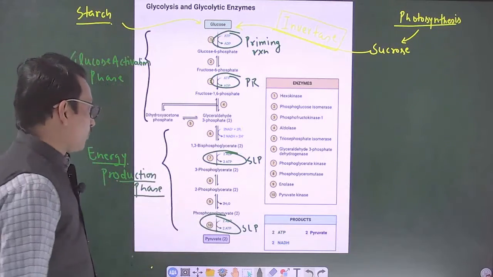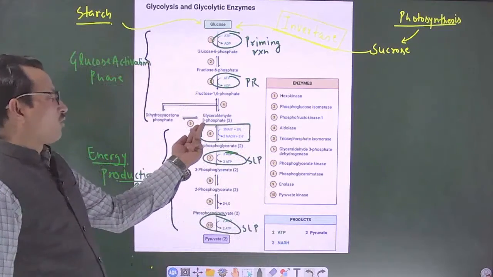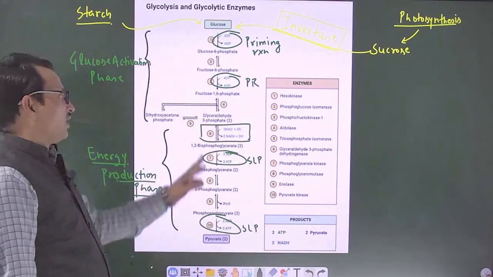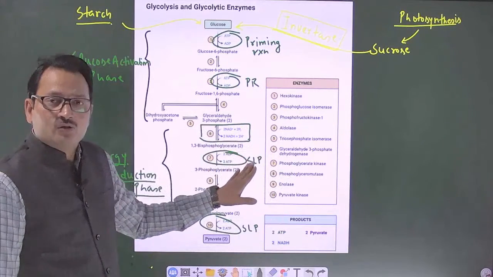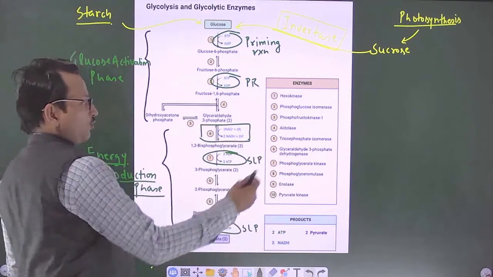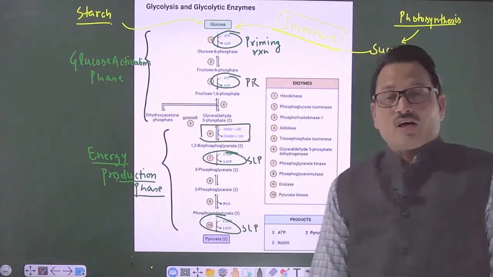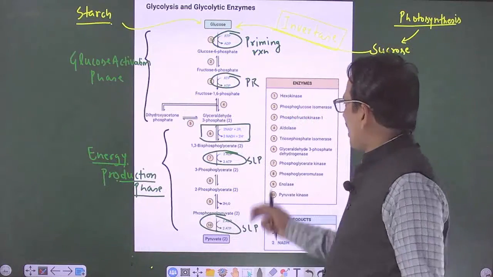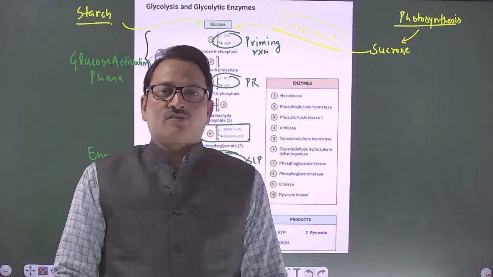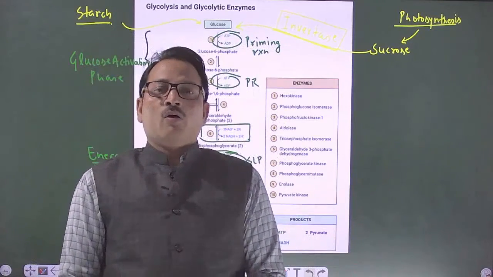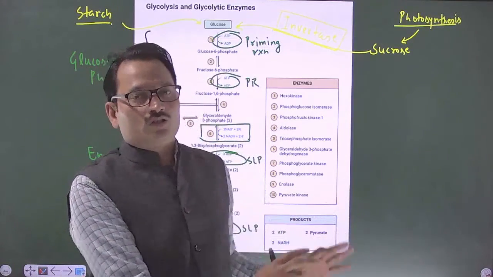There is one very special step, step number 6, where two redox equivalents are removed from each molecule of glyceraldehyde 3-phosphate and produce NADH plus H plus, or NADH2. So if there are two molecules of glyceraldehyde 3-phosphate, 4 redox equivalents can be removed and they produce 2 molecules of NADH. Okay, that's all for the whole reaction. We can elaborate it further, but first understand the concept. Okay, take care.